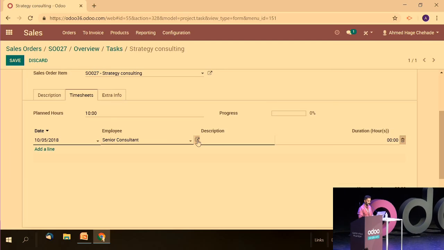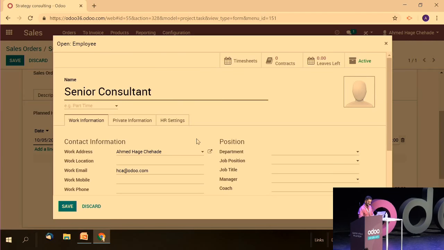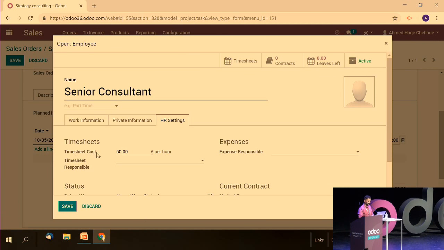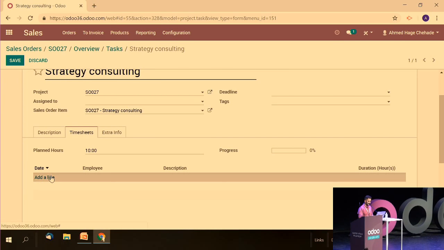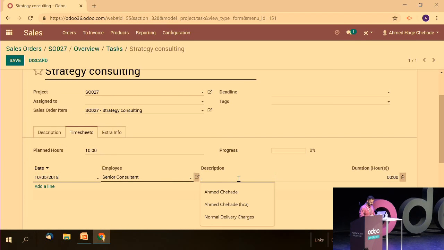If I go to the employee form, on the employee form, I am able to put a timesheet cost. That means what I have to pay to my employee when he timesheets on a task. For example, here, 50 euros per hour for this employee, and I say, okay, this employee has worked 2 hours